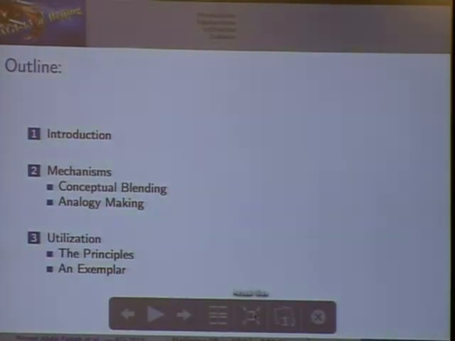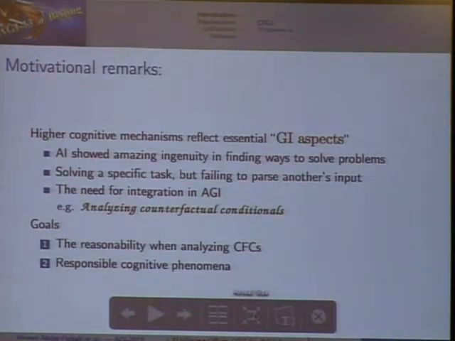Then I talk about the cognitive mechanisms that seem to be responsible for the reasonable analysis of a given counterfactual conditional, and then propose our way of utilizing these cognitive mechanisms in AGI systems in general, and show our proposal using HTTP, our framework. So the reasonability when analyzing counterfactual conditionals is very important as a general intelligence aspect because